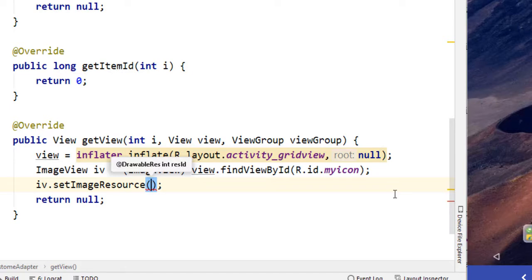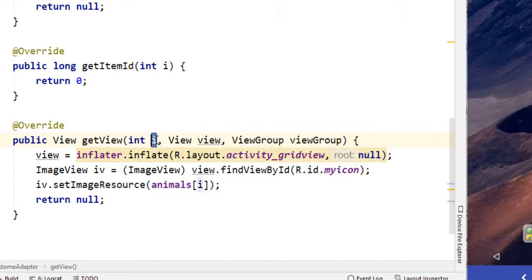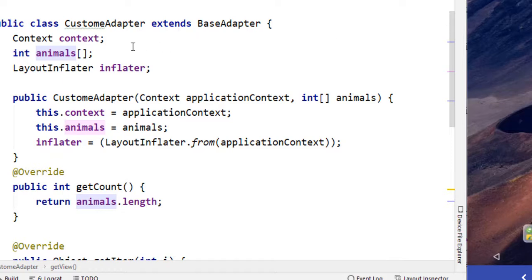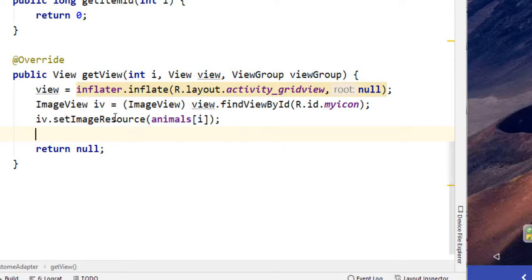हम उसको लाए कहाँ से? सो हम लाते हैं एनिमल से, लेकिन उसकी पोजीशन कहाँ से ढूंढेंगे? तो हम आई से पोजीशन ढूंढेंगे। So see here, your i value is here, you can see here i value is here, that will be replaced in the box of square bracket. Animals that we already declared in the top of the line. See here, animals array वहाँ पे डिक्लेयर किया गया है और वो इनिशियलाइज हो गया कंस्ट्रक्टर से, वहाँ से लेकर यहाँ आ गया और उसको हम यहाँ पे वो इमेजेस को रिप्लेस करने जा रहे हैं वन बाय वन।